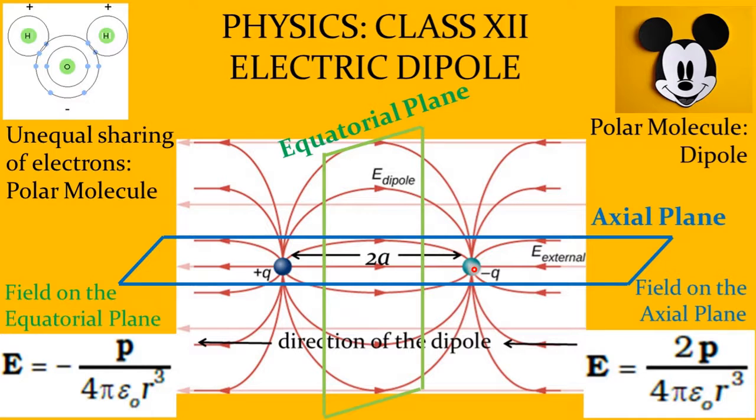Now I said the dipole is a pair of equal and opposite charges. We had earlier learned how to calculate the electric field due to a single charge. Since we have two charges here, does it mean that the electrical field due to these two charges cancel out each other? No, not really. The electrical field in the vicinity of this dipole is the vector sum of the electrical field due to individual charges. We are going to learn about all this today.